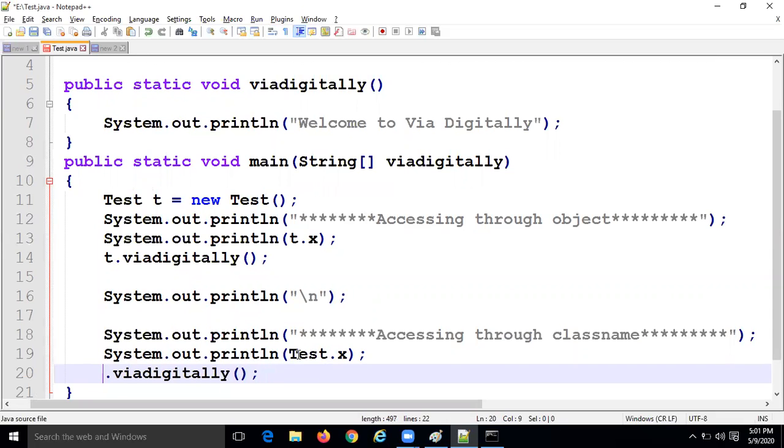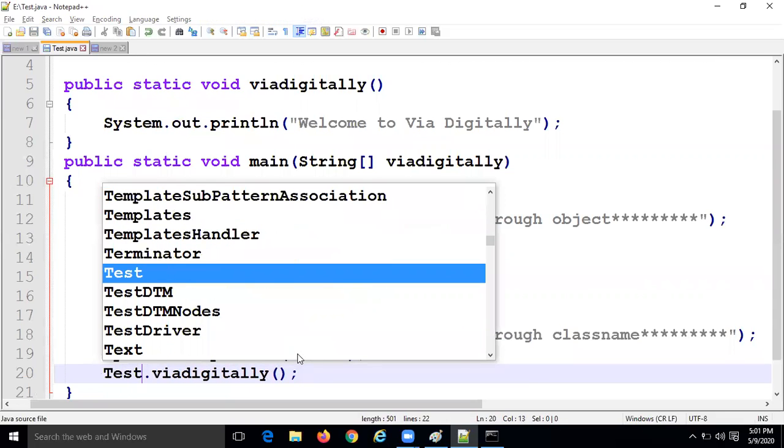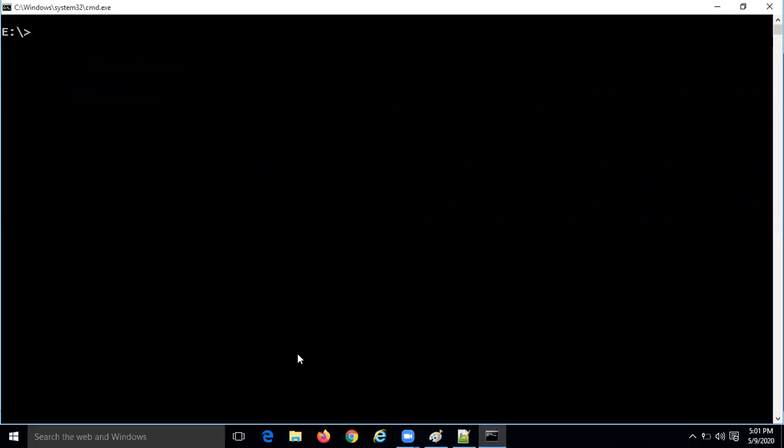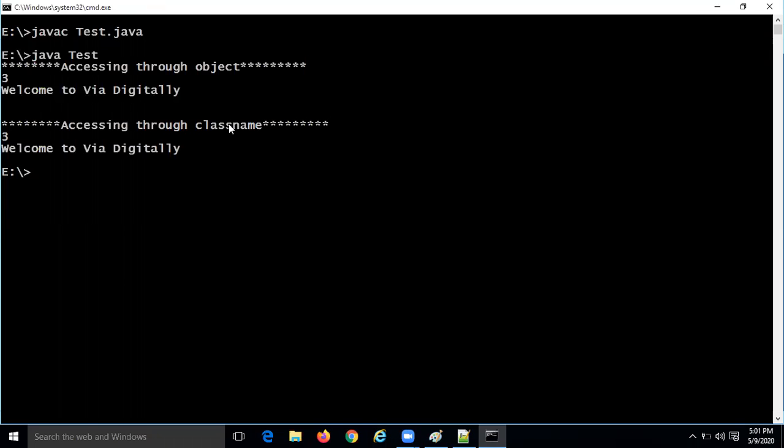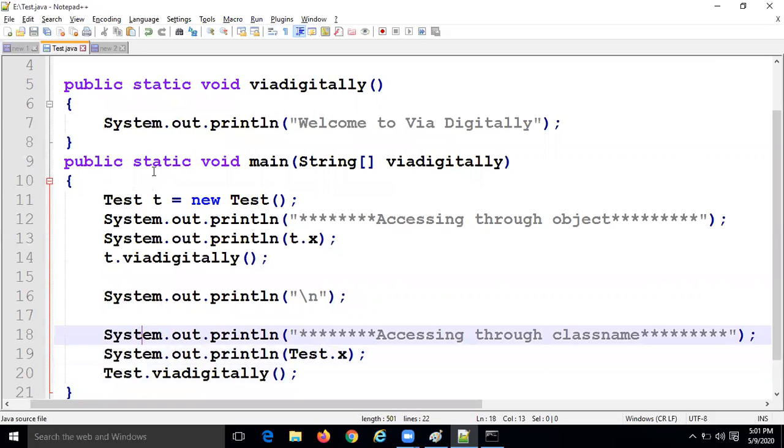Here, Test. Accessing through object: 3, Welcome to Via Digitally. Accessing through class name: 3 and Via Digitally. Same thing.